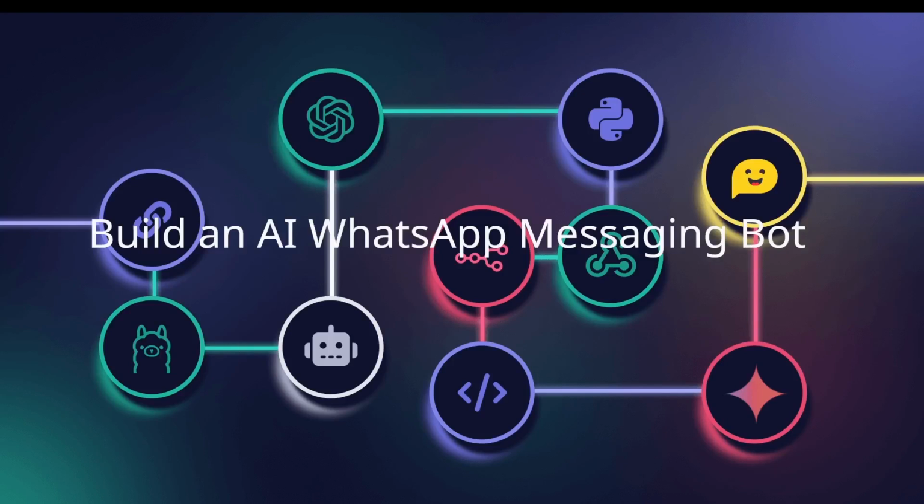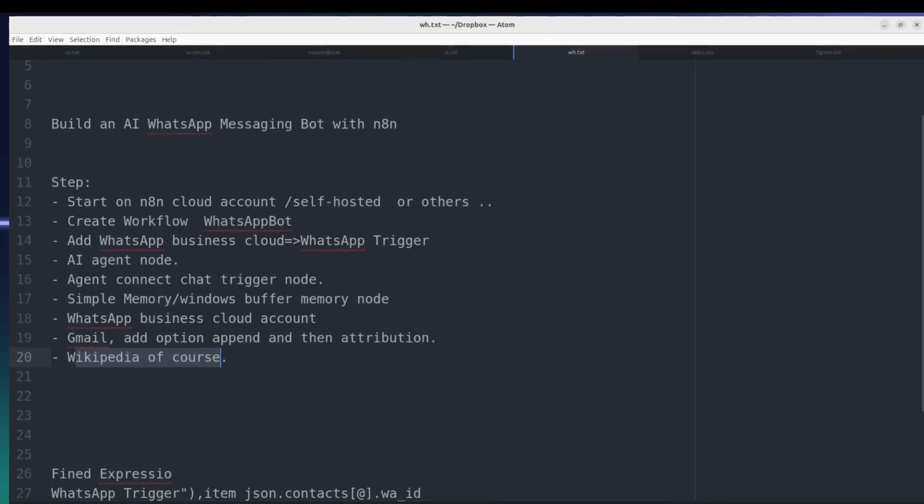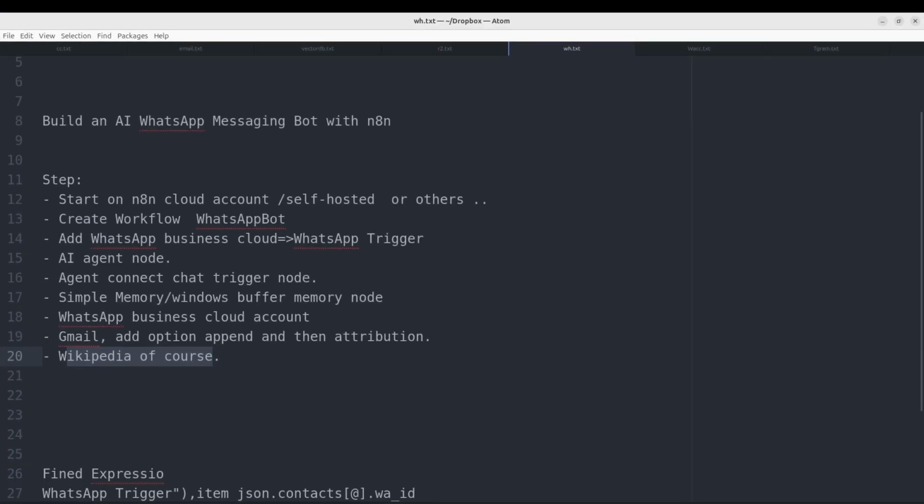We want to integrate in WhatsApp. So the goal is basically that you have a ChatGPT in WhatsApp. You can chat with the WhatsApp message apps. Here are a few steps. Steps are: